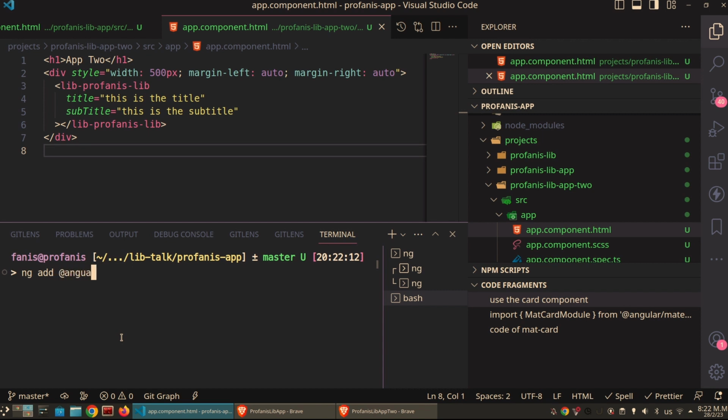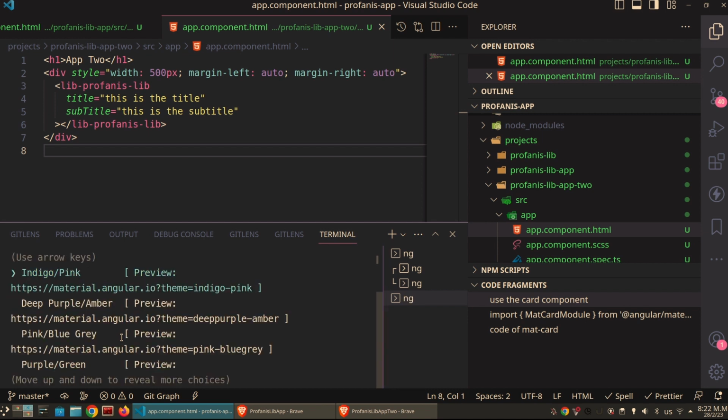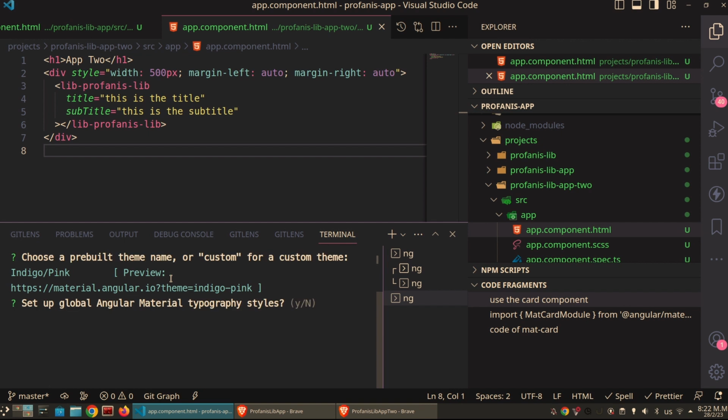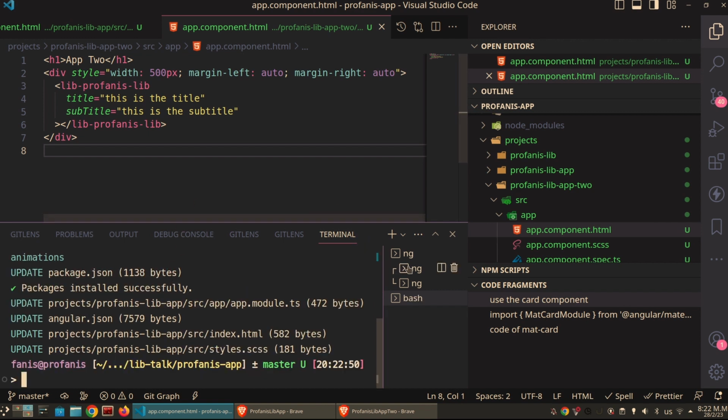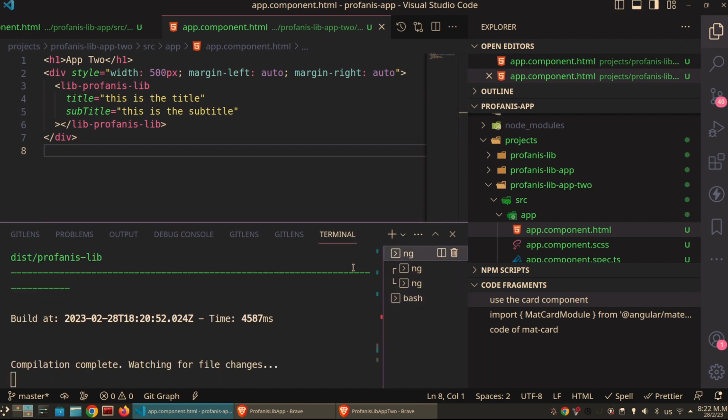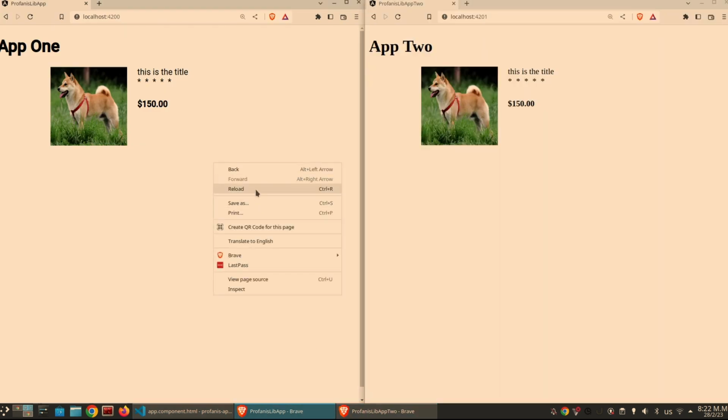So I will add here my Angular /material, and I have also to provide a project. And I want this to be referenced into the Fanis lib app. And let's see. We have to pick a theme. Let's go with a default one. Yes, I need to have the typography, include enable animations. Let's wait a bit and let's see if everything are okay here. It seems that everything are okay. And if I reload,